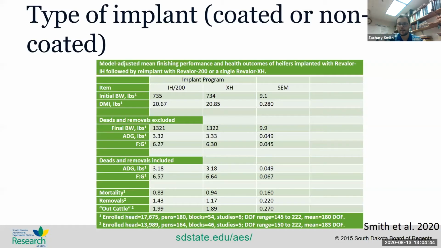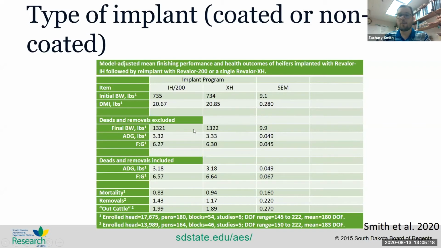This was a study that was just recently published in the last month. This is a pooled analysis of about 6 large pen feeding studies. There were approximately 17,000 heifers enrolled in this study, and we just got it published in TAS. This was in collaboration with Merck Animal Health, South Dakota State, and a variety of other cattle feeding entities in the United States. So you can see here no difference in initial body weight,